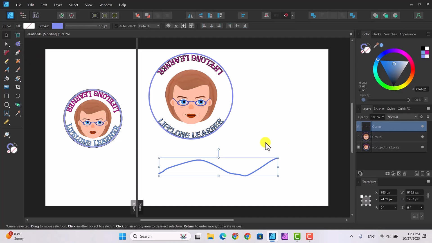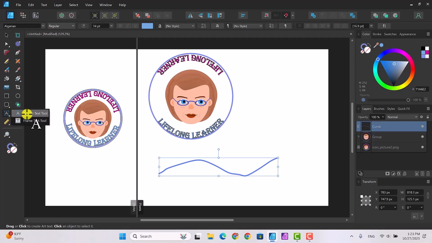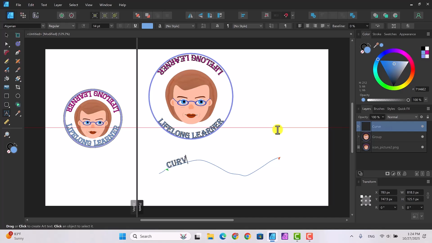And so now that we have our line, all we need to do is to go over here to the Artistic Text tool again, select it, and make sure that that curve is selected. You'll find that it doesn't matter that I have a stroke thickness on it at all. So let's just put our cursor right there and then just type in curved line and see how it's curving along with our line. So if we get out of that,